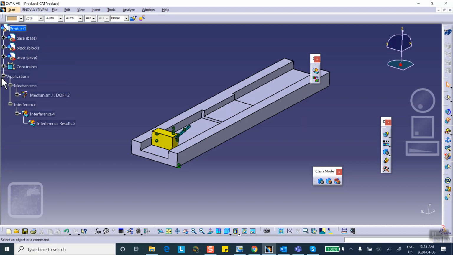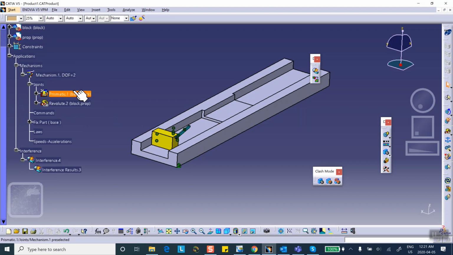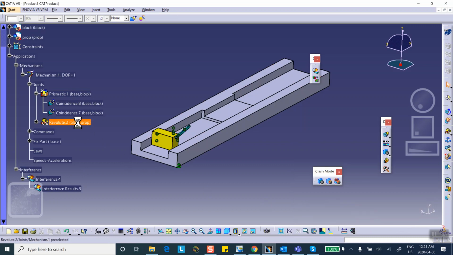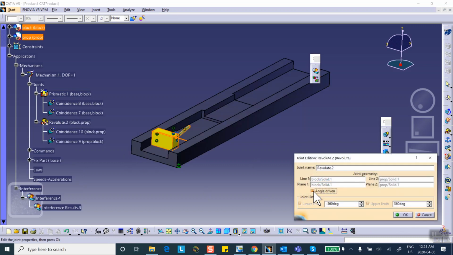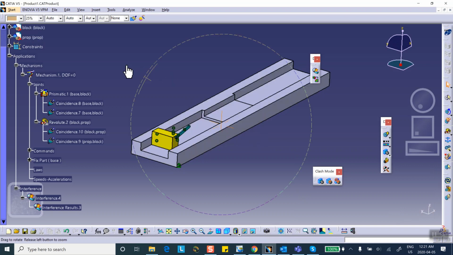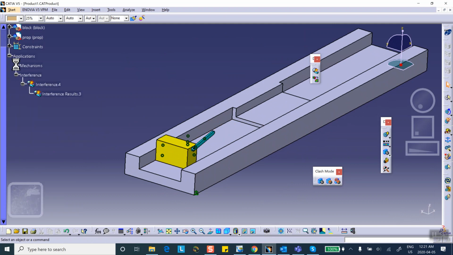One of them is a revolute. The other one is prismatic. You can see that. Degree of freedom, of course, is 2. Double click on that so that this is length driven. And double click on the revolute joint. This is angle driven. Okay, all right. Now, first of all, before we talk about anything related to clash here, let's make sure that